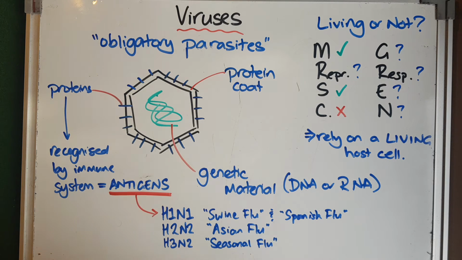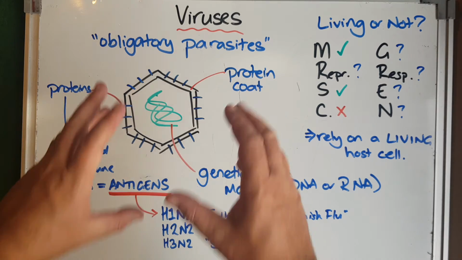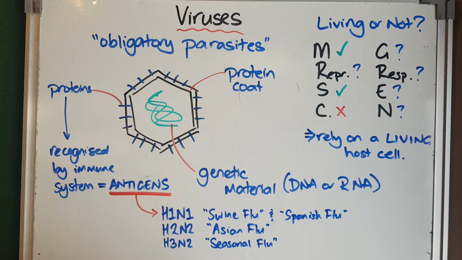Now I'm going to use influenza as an example here. Here's 3 different types of proteins or antigens that exist on the outside of an influenza or flu virus. One is the H1N1. So they're given names and numbers by scientists, and this caused the swine flu more recently,